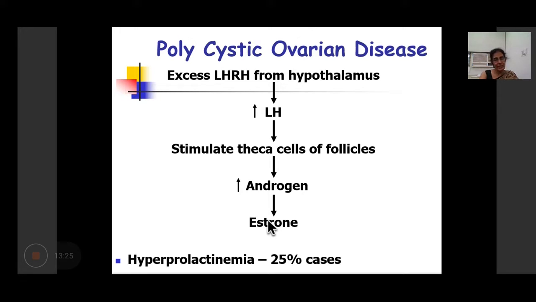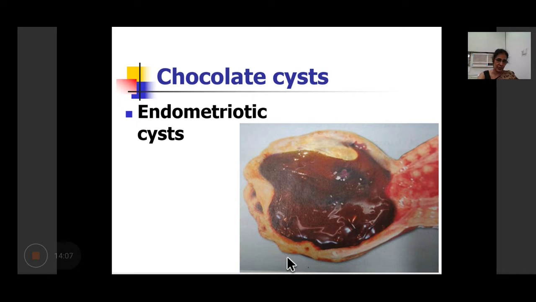So this androgen gets converted into estrone, and hence there is hyperestrogenism in polycystic ovarian syndrome, and this hyperestrogenism leads to development of estrogen dependent tumors, which could be fibroadenoma, or effect on hormone dependent tissues like endometrium, which will lead to endometrial hyperplasia and may progress on into endometrial hyperplasia with atypia, and then on to endometrial carcinomas. In 25% of these patients, there is also simultaneously increased prolactin levels secreted from the pituitary gland. So hyperprolactinemia is seen in roughly 1/4 of all these patients.